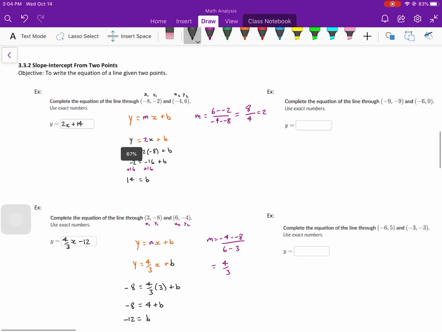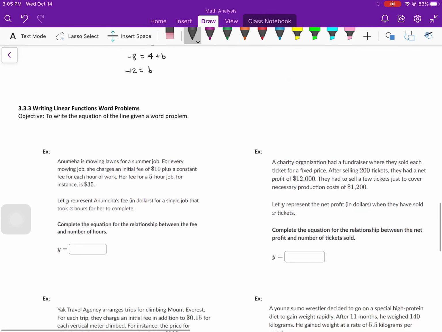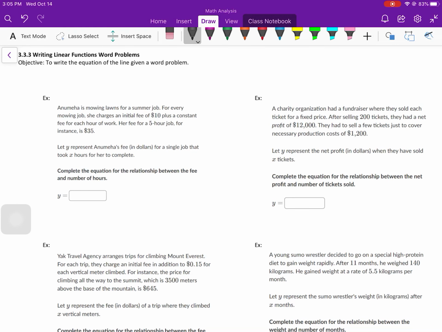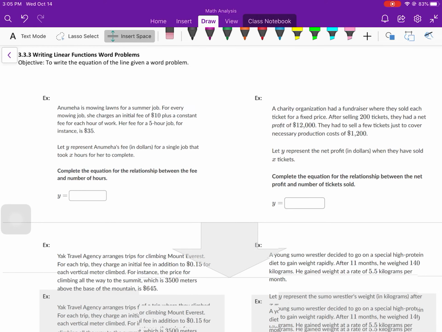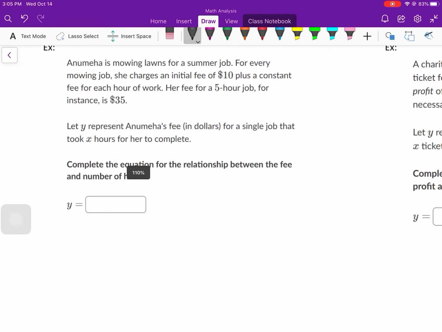So we learned in the last section how to write the slope-intercept form from 2 points. So given these word problems, we're going to see if we can find the slope and a point, or find 2 points from it, or maybe if we're lucky we get the y-intercept and the slope. It'd be really easy to find it then. So let's take a look at the information given and read through the problem, see what kind of equation we